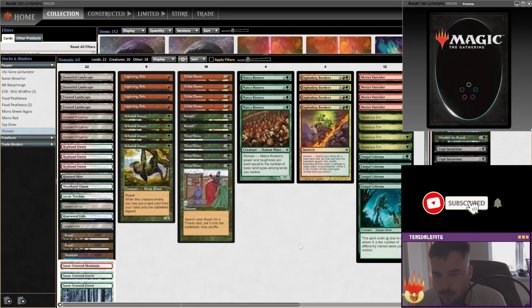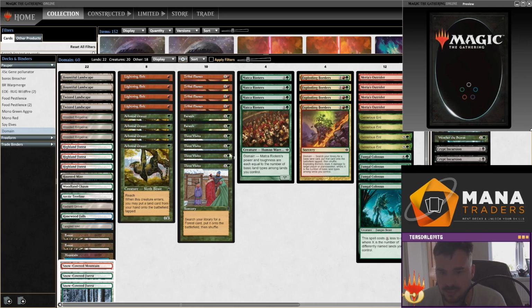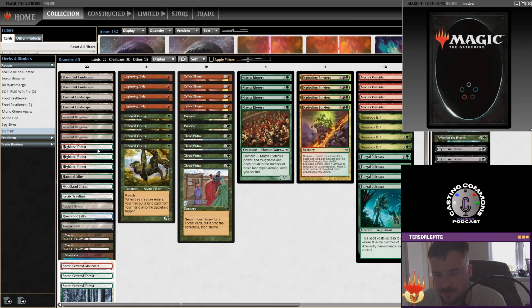So, we went 0-5, right? Excuse me. And we won 1 game. I do think, obviously, the awkward thing with Borders, right? It didn't go as well as I thought with the whole different land thing. Like, I would have assumed we would have been able to have different land,